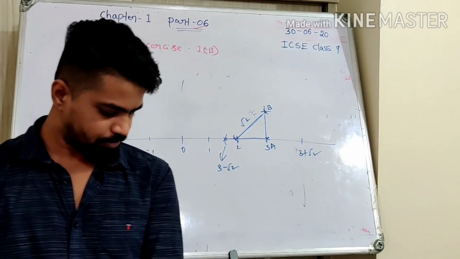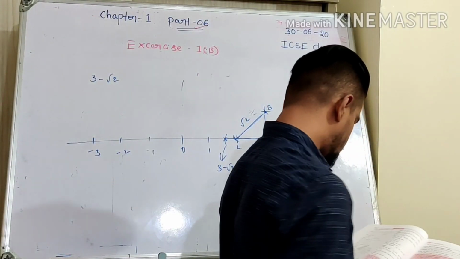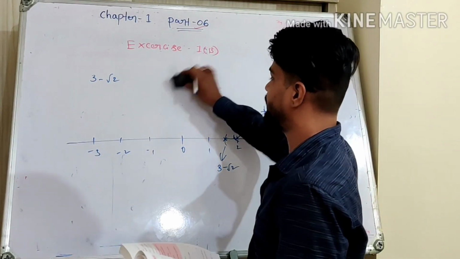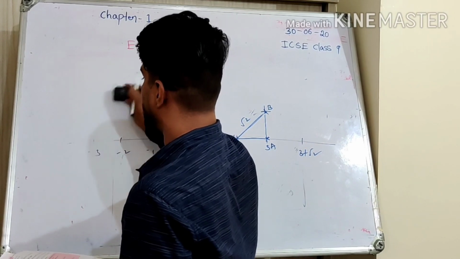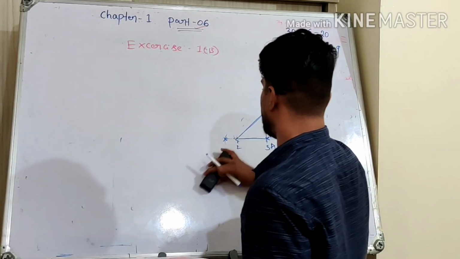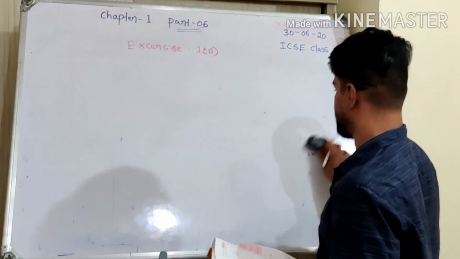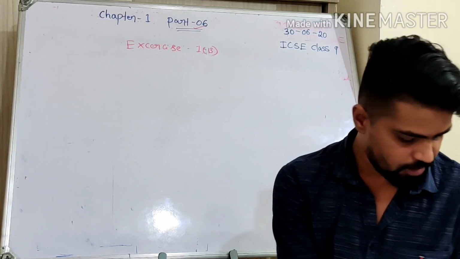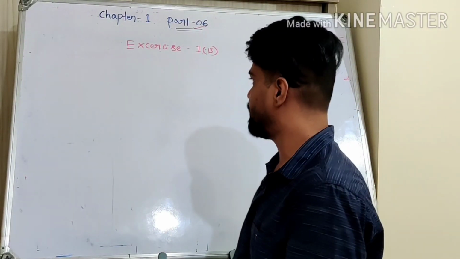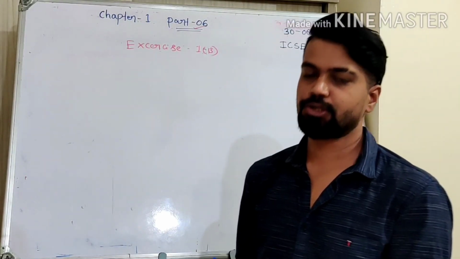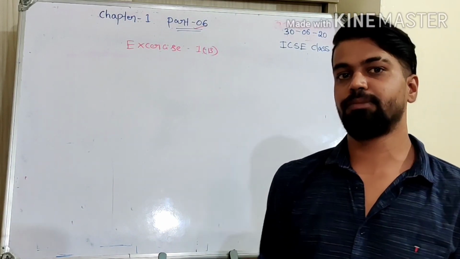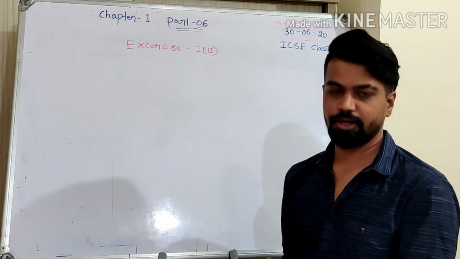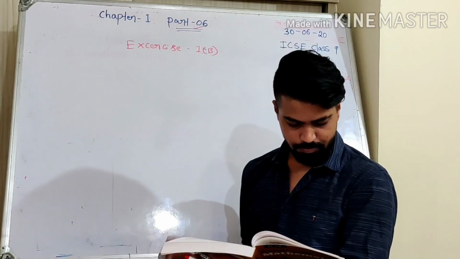So question number 6. Prove the irrationality of the numbers, which I am not going to do because we have done this in the examples, and even if you ask me a doubt, I'll ask you to check the example. Okay, so it is the same thing we did for the example questions, different questions, but the method is all the same. You can go for the logical method only here, because this is not a number where you can do square division. Okay, we can do square division only for √3, only single numbers, but we have √3 plus √2, √3 minus √2, √5 minus 2. This can be done using the logical method. Okay.